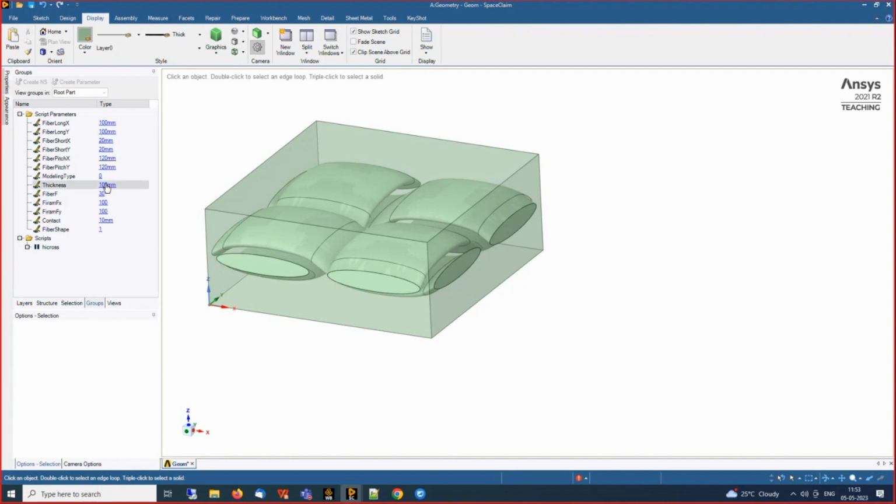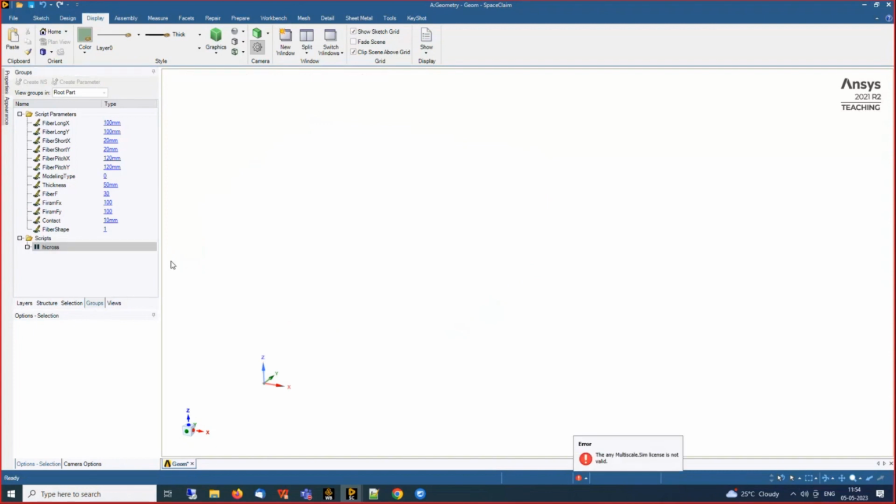Here you just create like say 50 something, and you can run the script. So it automatically